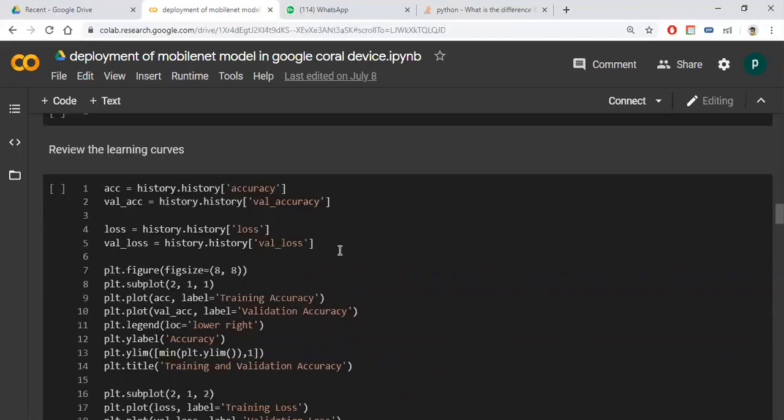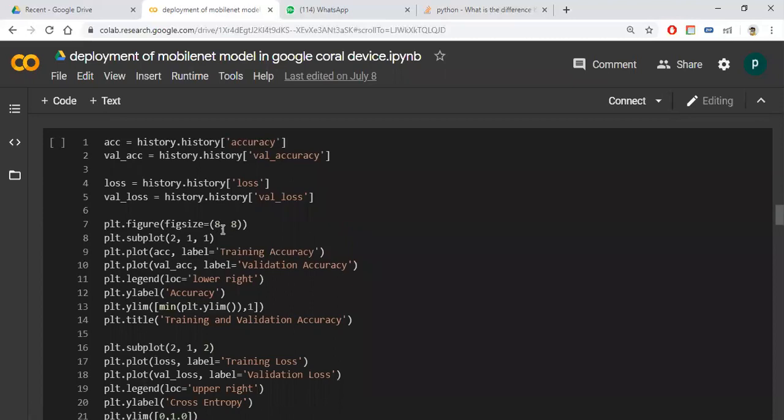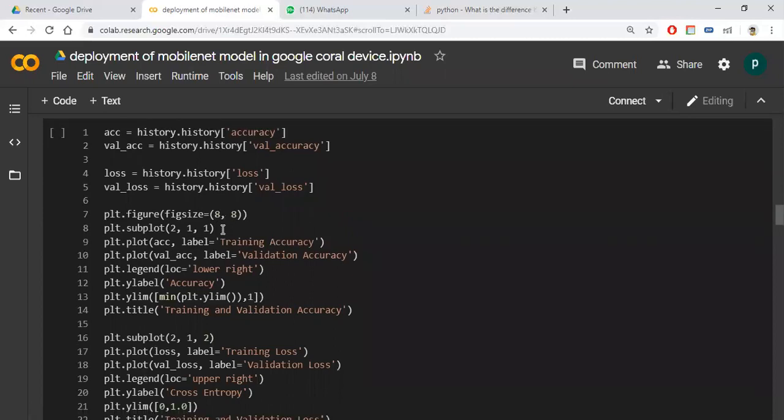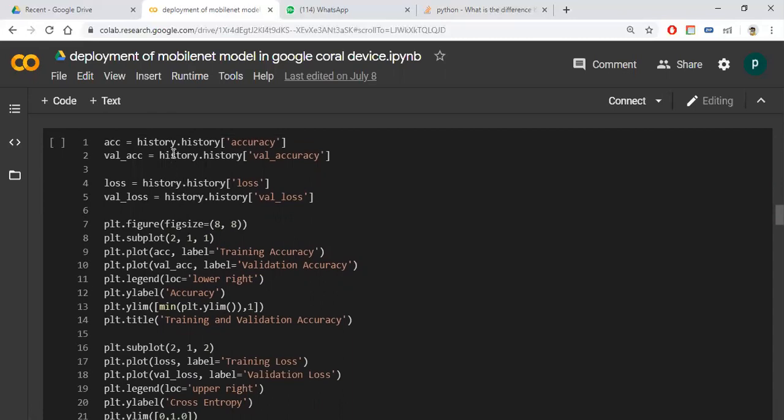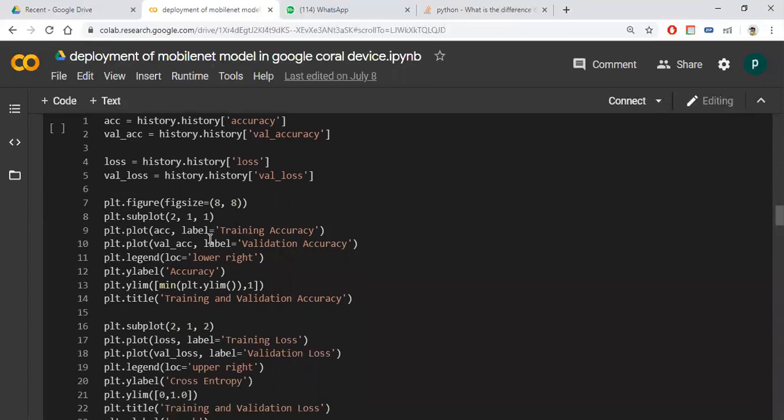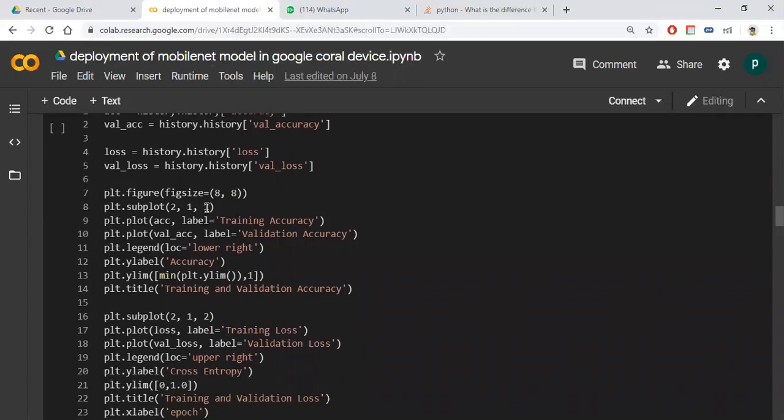So this is the figure size. How large a figure do you require? You can give it like that. Plot dot subplot 2 comma 1 comma 1. I will tell you why I gave it like this. I wrote two different plots, one for accuracy and one for loss. That's why, because however many figures you want, you can give, and how much space it requires. So only one figure for each. So I wrote it like that, and which figure first. If you want this figure first, you can write it like that.